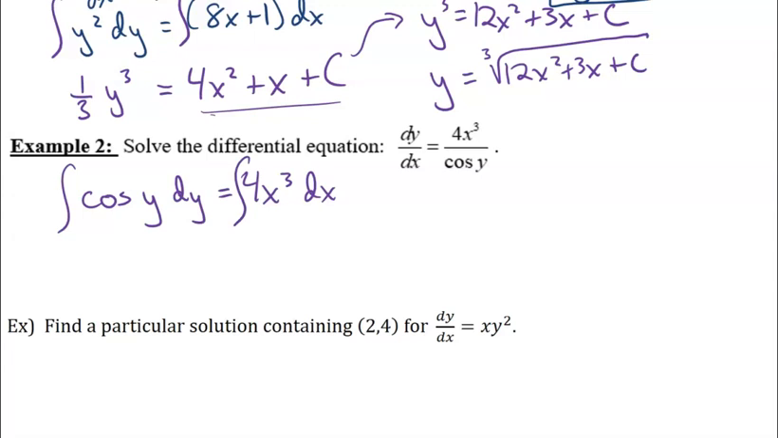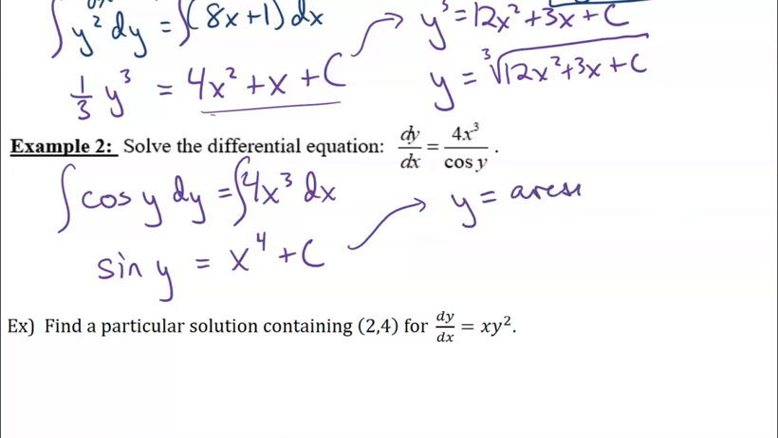Antiderivative of cosine y with respect to y is sine y, again, plus c, but we don't need it. And then antiderivative of 4x cubed is x to the 4th. This is where we put the plus c, okay? And then to solve for y, I need to undo the sine, meaning essentially I'm taking the arcsine of both sides. So I get that y is equal to the arcsine of the whole quantity x to the